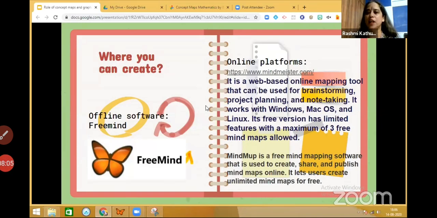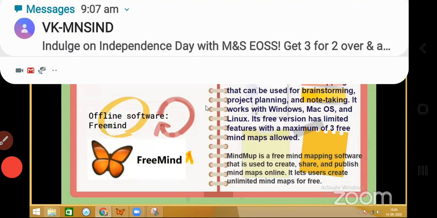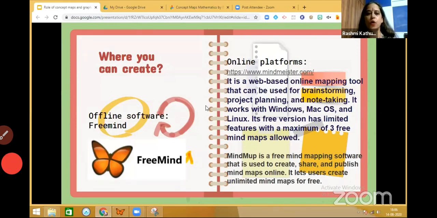Some children have used the hierarchical ways, some have used the shapes, and it has really helped in enhancing and developing their creativity. My dear friends, nowadays we are teaching in an online environment. Here also are certain softwares which you can use for creating mind maps. FreeMind is an open source software which can be used by the teachers. Even students can download it at home and create mind maps for note taking, building up knowledge, presenting the information, submitting their work online. And FreeMind is a very useful tool. And in an online platform, if you wish to collaborate with children, you can use MindMaster or MindMap. These platforms are quite useful for working together.